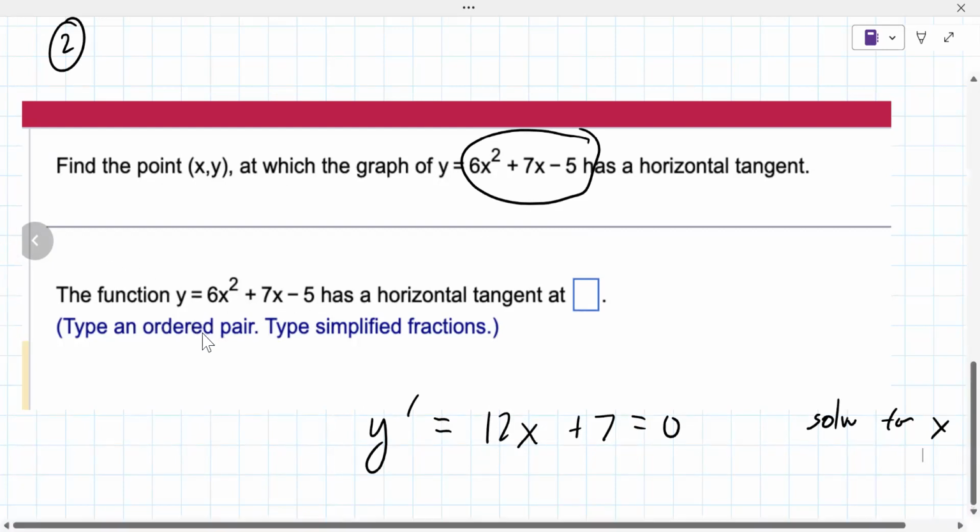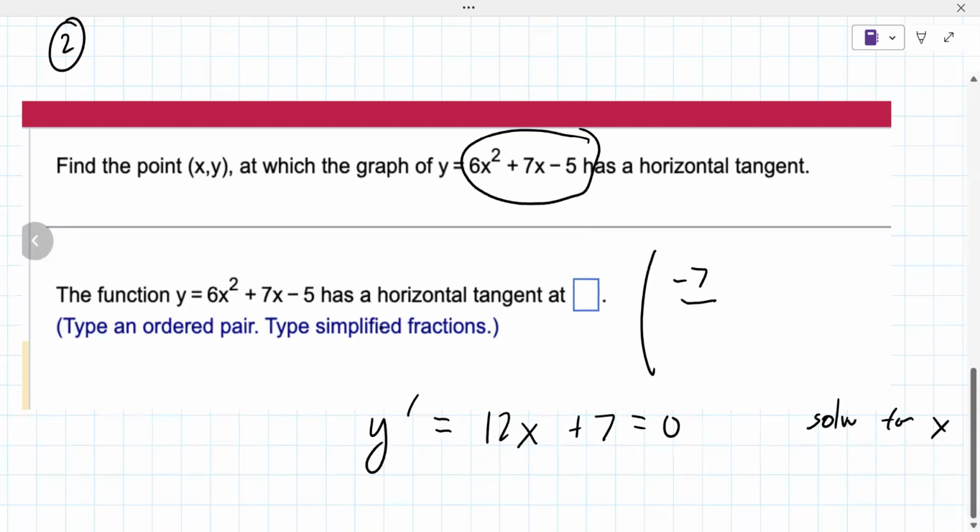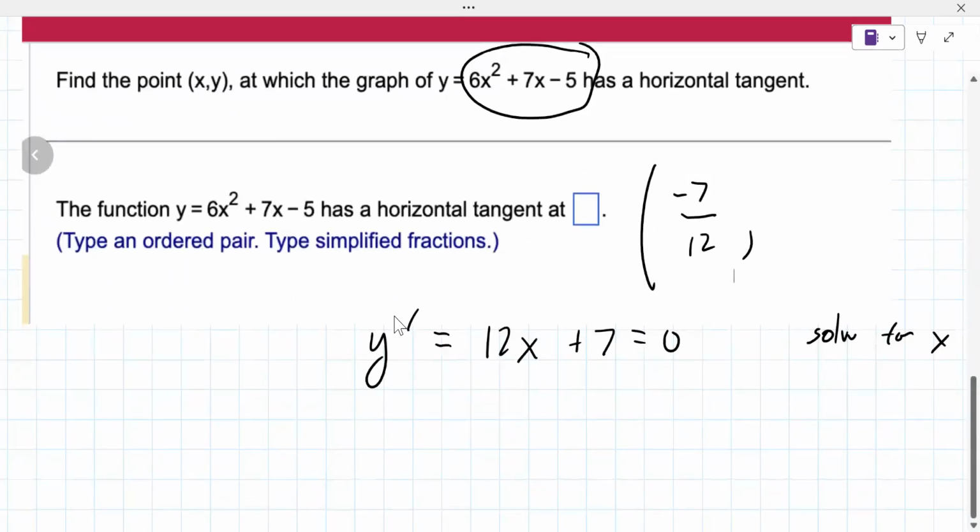It tells you what it wants. It says type an ordered pair. So they want an ordered pair. The first part of the ordered pair is -7/12. The next part you get from putting this back into the original, and that's probably where most of the problems occur for students. So to do that, you really want to do it this way: